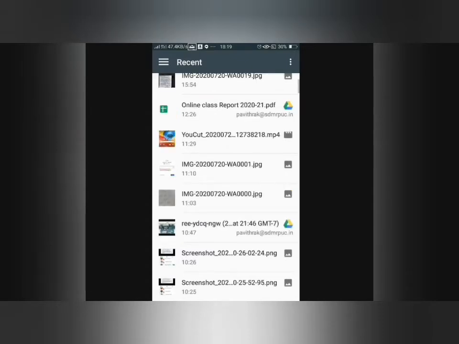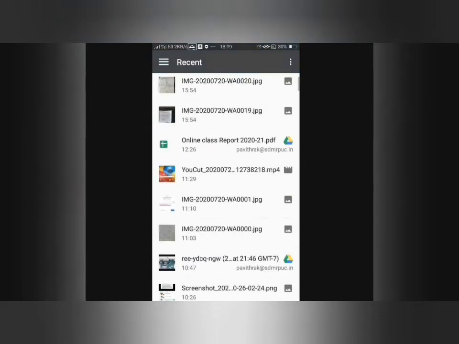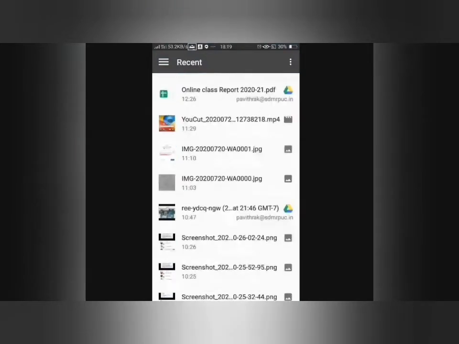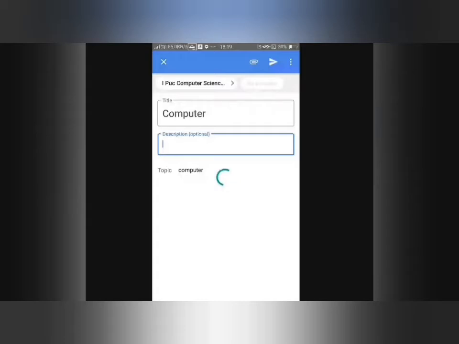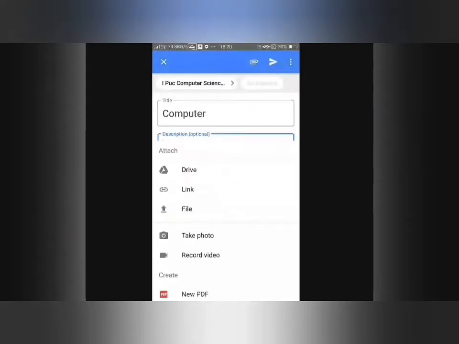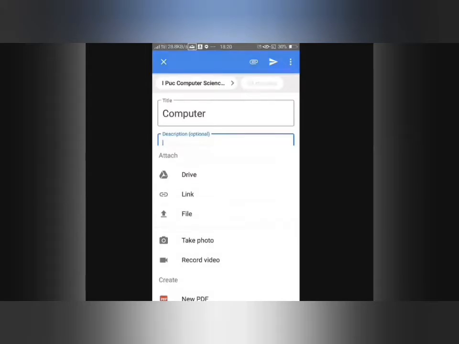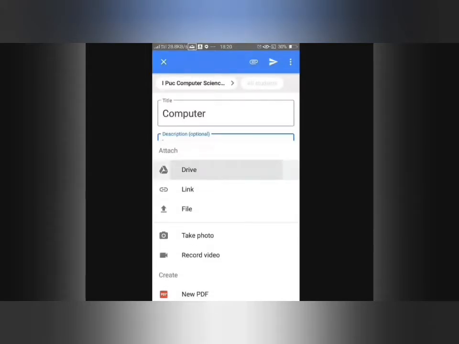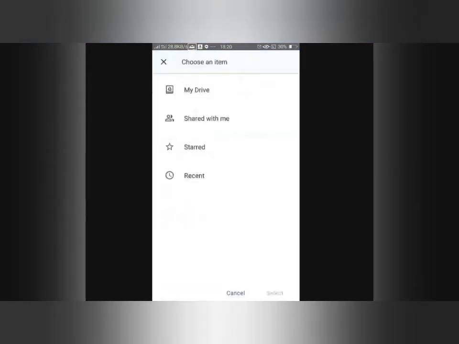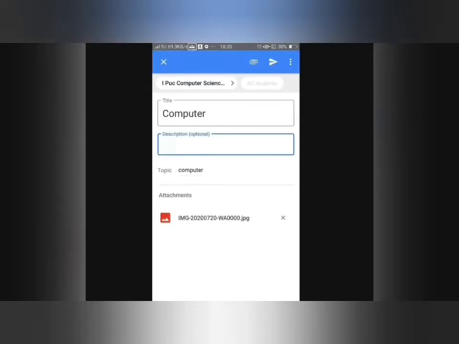You can go through the different folders and select your intended file. I am searching for my file, so I have clicked on add. So now I have attached my photo, and you have an option called drive here. You can select it from your Google Mail Drive, My Drive, or whatever.